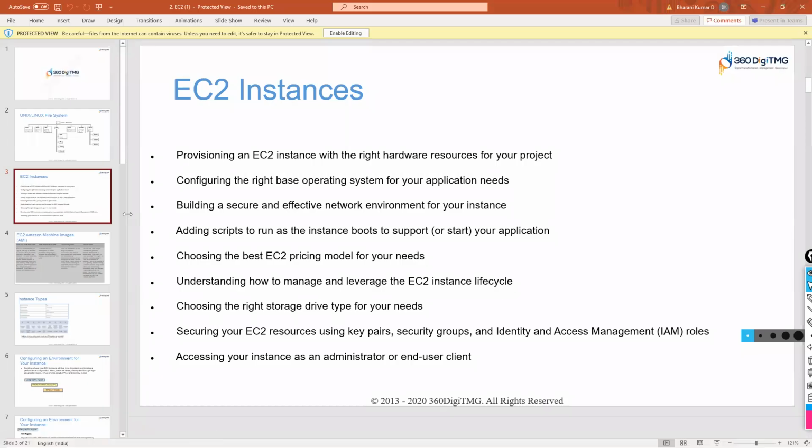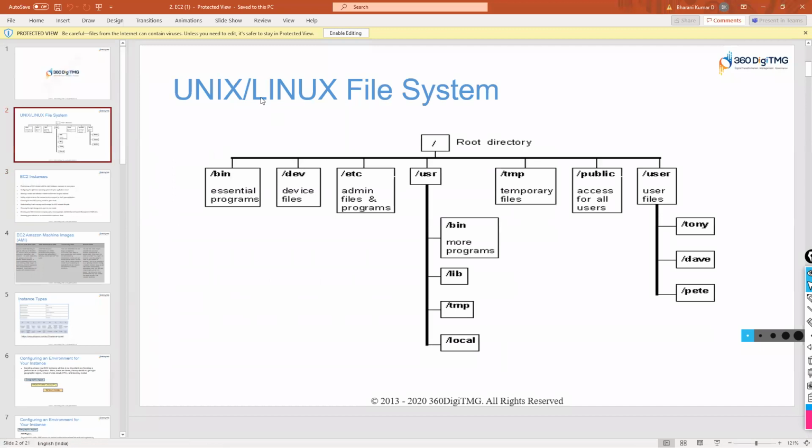This is the Unix or Linux file system. This is called the root directory, which is a parent directory, and we have two roots. This is one root directory, and again in these subdirectories also we will have one root. So all these are kept under this one root directory or parent directory.